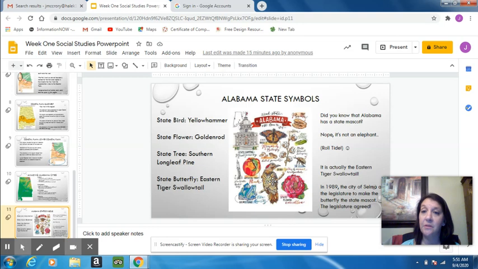And did you know that Alabama has a state mascot? Nope. And it's not the elephant, even though I roll tide. It's actually the eastern tiger swallowtail. And in 1989, the city of Selma and the legislation petitioned to make the butterfly the state mascot. And so the legislature agreed. And there are pictures of that right there. And it is actually